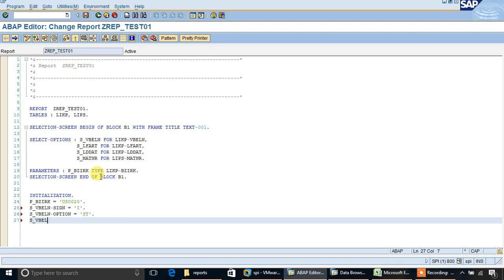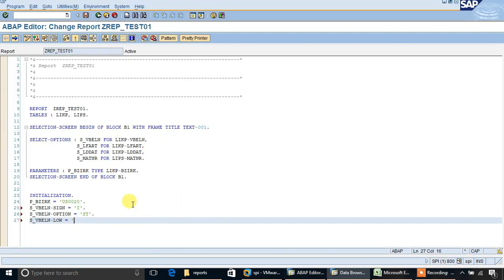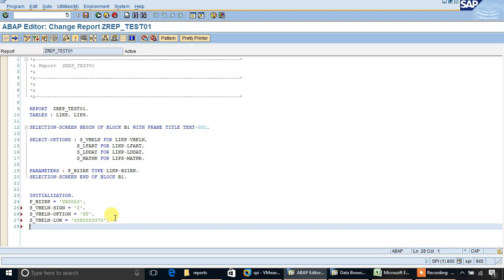Now we are giving upper and lower values. Copy the lower value from the table. Similarly, write the upper value.